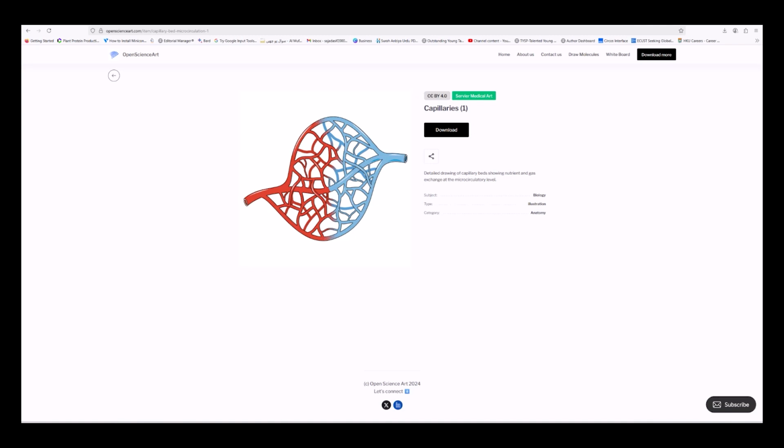The fourth one was Sidra for precise graph, chart, and data visualization, and the fifth one was Open Science Art, also a free, flexible platform to create basic visuals. Each of these tools has its strength. Whatever you need, simple icons or advanced 3D molecular models, you will find something that suits your needs.